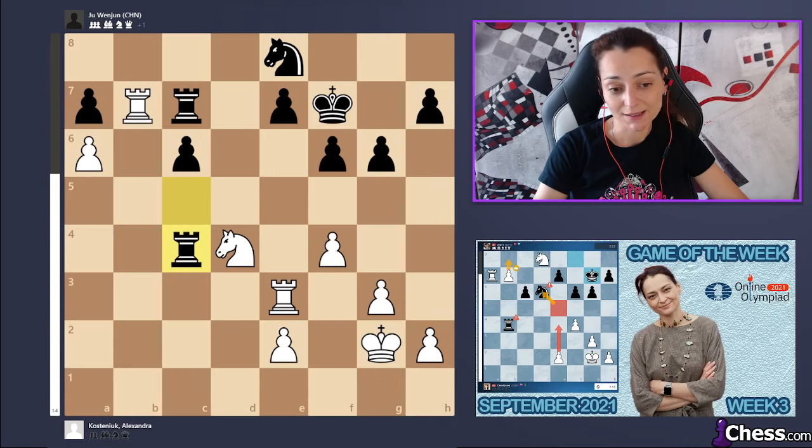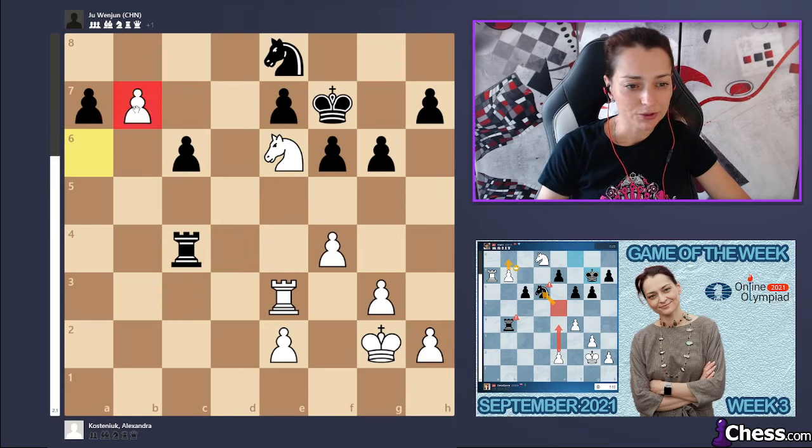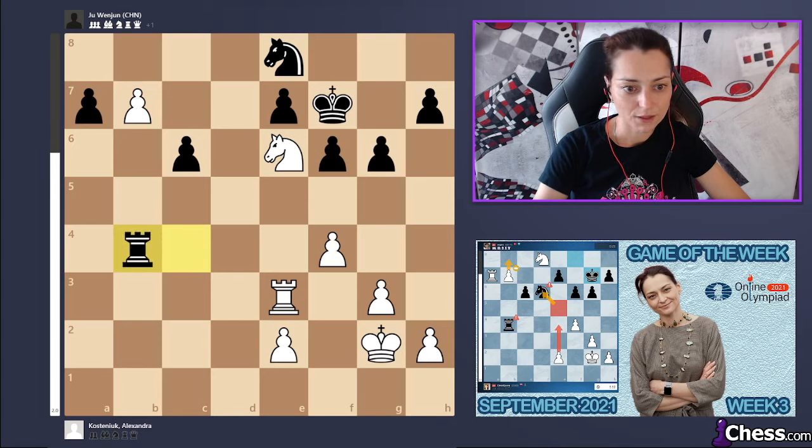We can even say it's the only mistake in the game, and one mistake in this particular game was enough to lose it. I played knight e6, forcing black to take on b7, because otherwise I'm going to take on a7, and my pawn on b7 is just too strong. There is no way to...